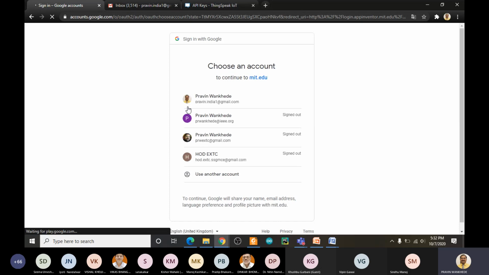Tomorrow, Mr. Satyam Srivastava from Siri Kulani is going to give you details about how to create your own such applications or Android apps to get the data from your IoT devices.